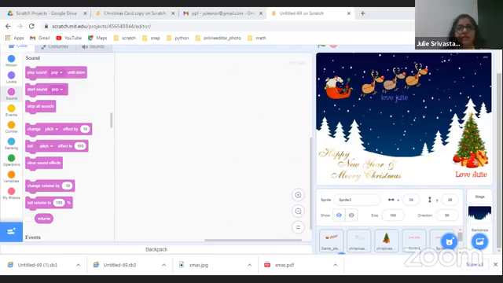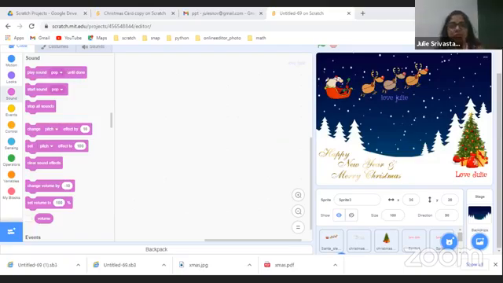Okay. Divyanshi? Yes, ma'am. I wanted to ask, first I wrote the text and then when I ran it the background disappeared, and then when I added the background the text disappeared. You wrote the text and then the backdrop, and the text disappeared.